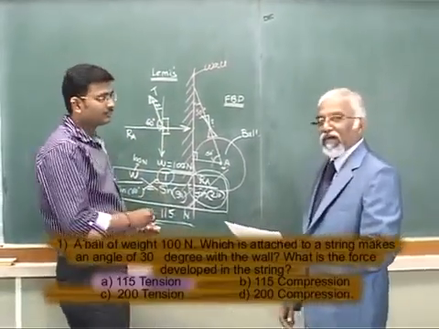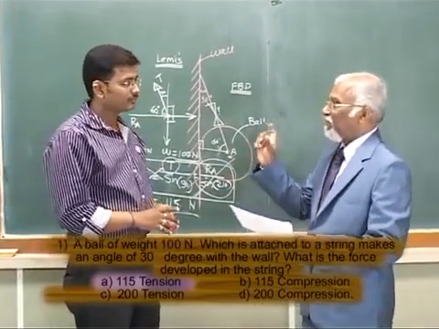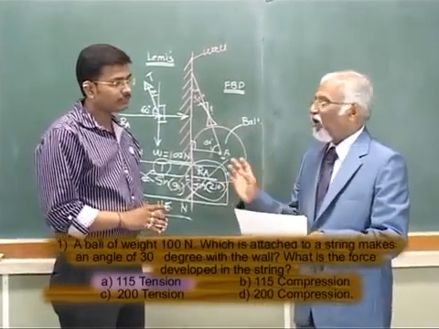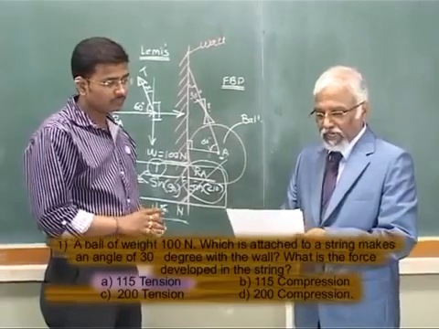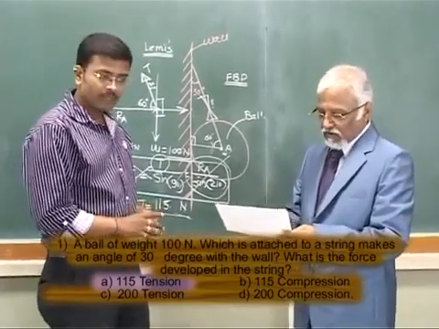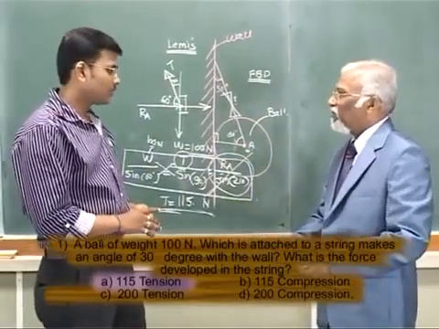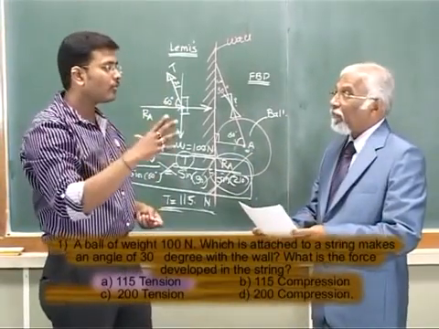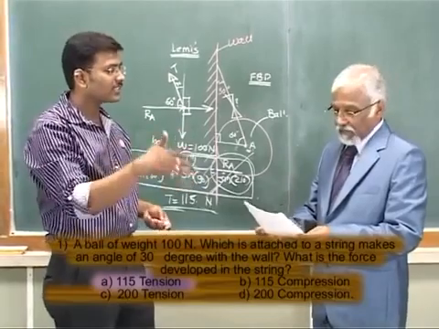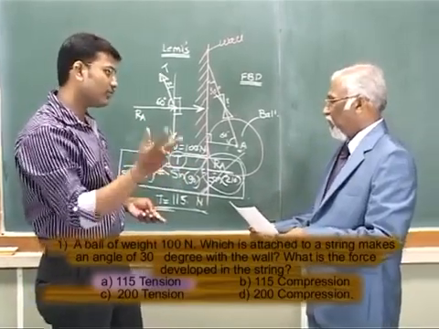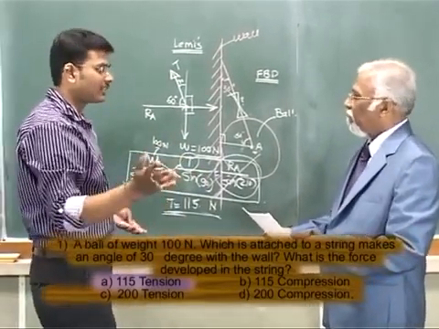Okay. So you had mentioned earlier that tension is the major part. So two options are already gone. So option A and option C remain. Out of option A and C, A is the correct option, and you have shown all the calculations. So sometimes we have to go by the elimination process. So this time we have gone for the elimination process, eliminated two options right from the beginning.